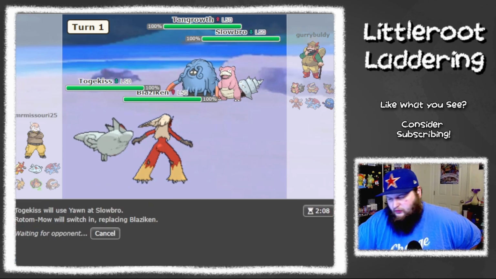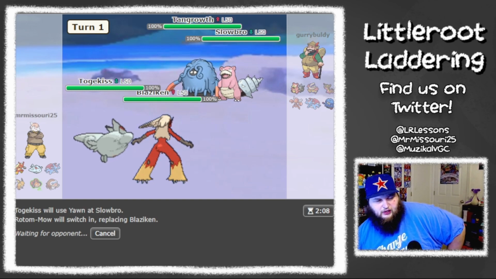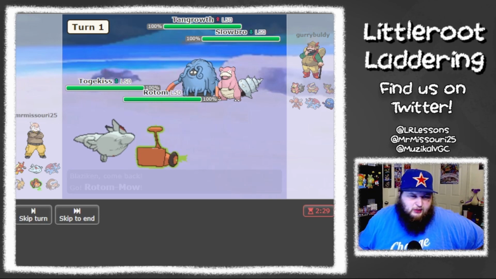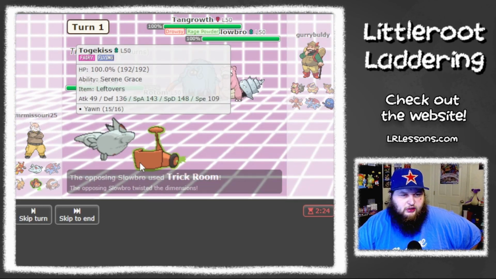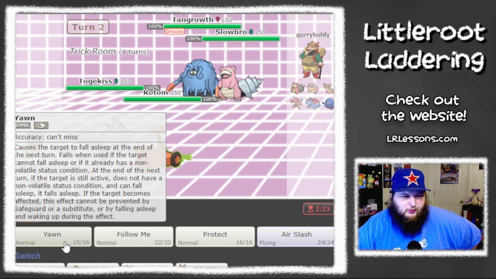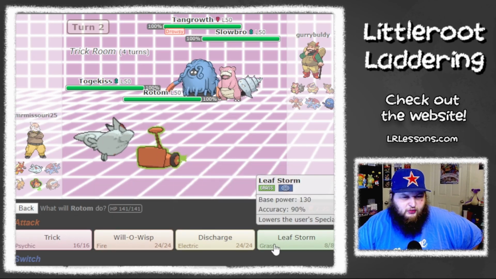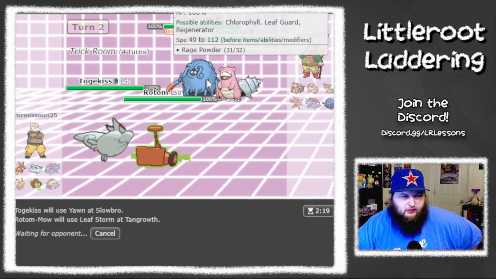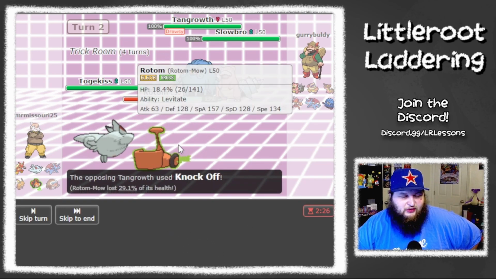I'm just going to swap into Rotom now. I think this is okay. I would rather keep Blaziken for an end game here. If there's a Rage Powder, we're going to Yawn into it. I'm assuming this is going to swap out, so I'm going to Yawn into the Slowbro now and Leaf Storm the Tangrowth. Anticipating... Why does Slowbro get access to...